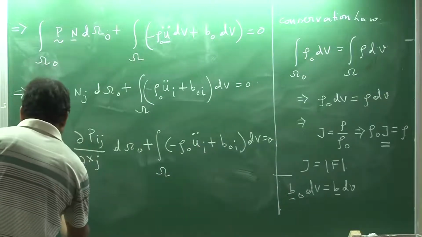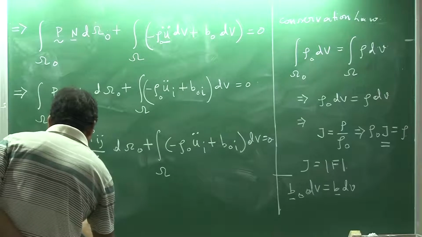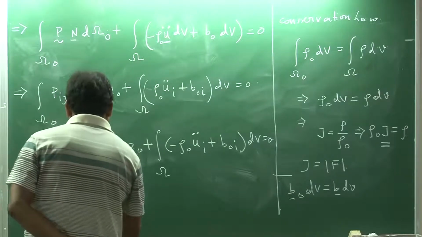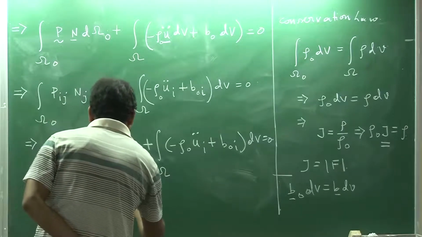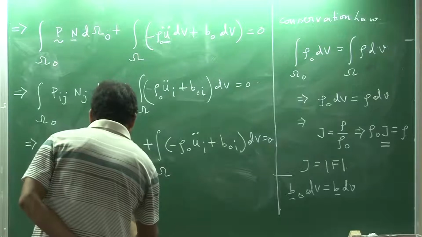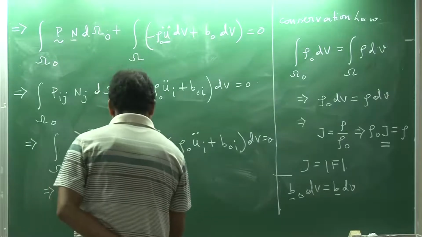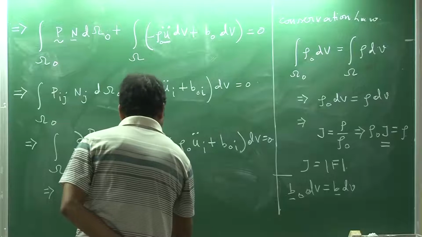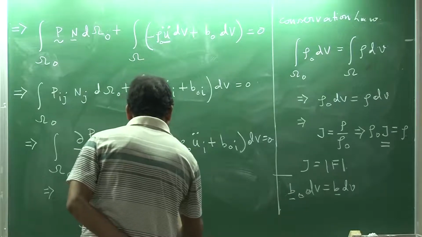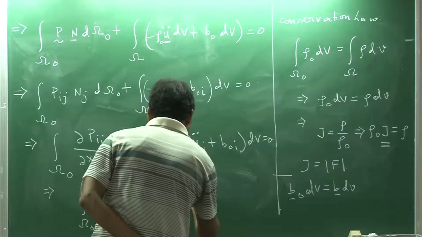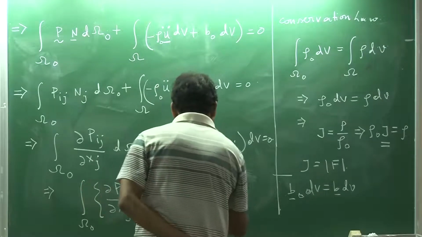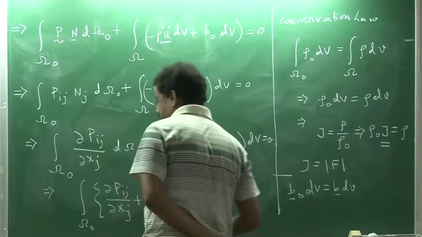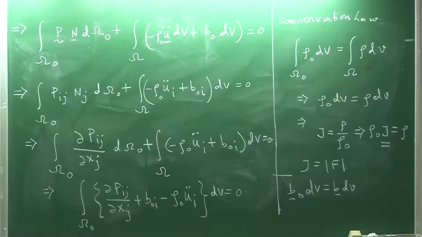And so, if we combine everything, we are going to get the integral over omega 0 of del p I j del x j, plus b 0 I minus rho 0 u double dot I, dv, is equal to 0. So, I will take from there and I will come back here, please see that, and then I will come back here. What you see that